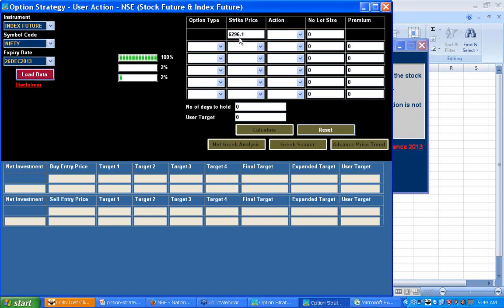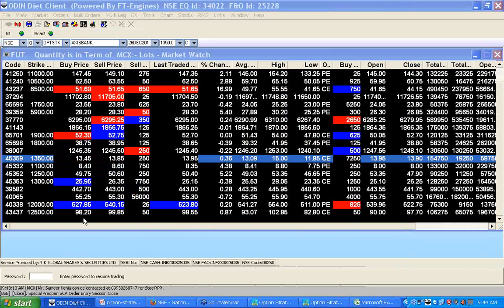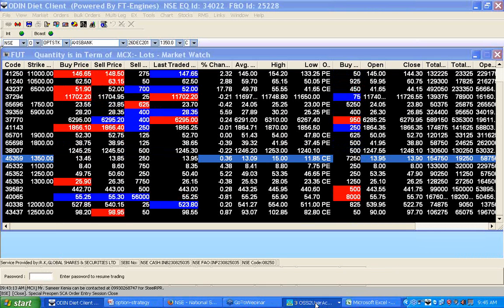So Nifty future is at 6296 now. I am going to form a covered call. Why covered call? Because prices will go up and volatility will fall. So this is the info I am getting. For that reason only, I am going to form a covered call strategy in Nifty. For that, I have just chosen the Nifty. I am loading the data associated with the Nifty. So once the data is loaded,